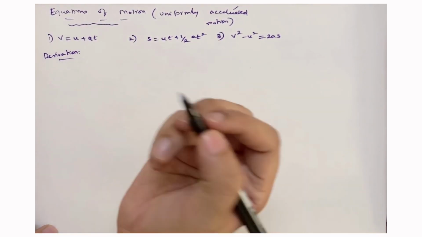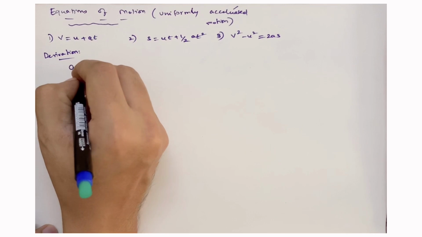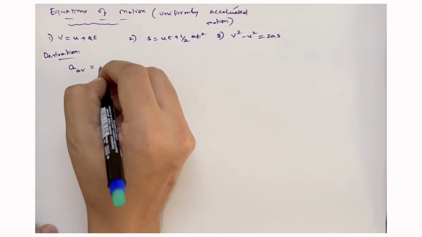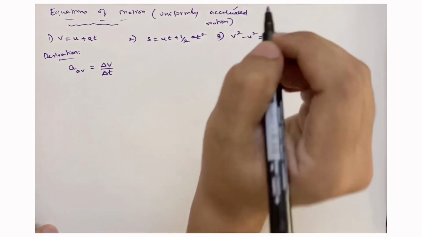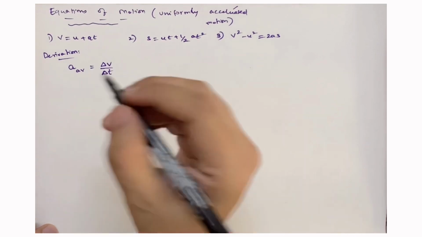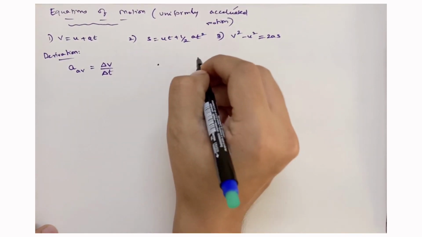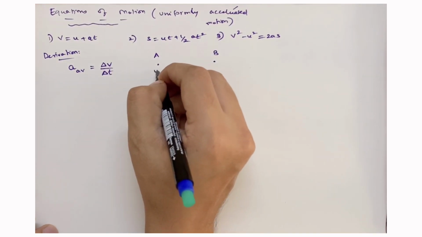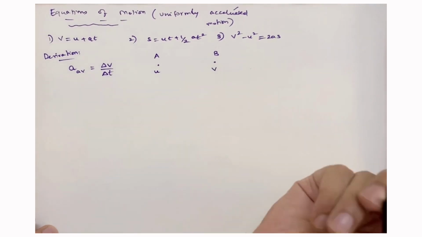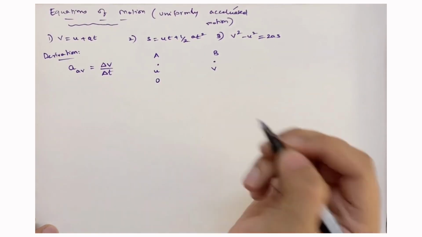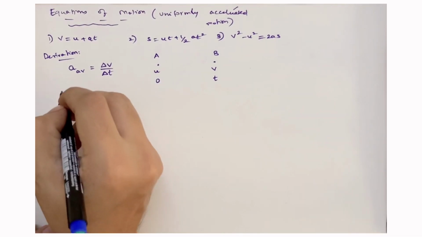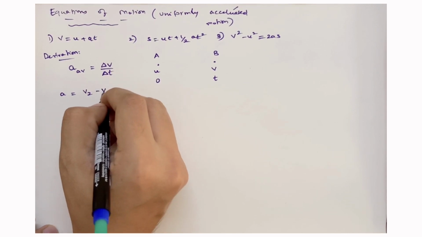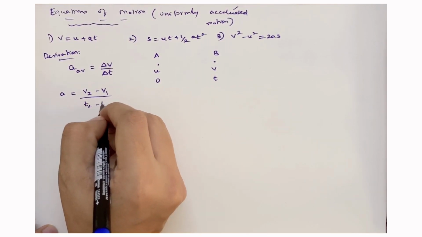So, if you observe v is equal to u plus at, let us go with the basic definition of acceleration. We know that the average acceleration of an object is given as the rate of change of velocity, right. So, wherever you see rate, it is with respect to time, change with respect to time. So, when an object is moving, let us say between the points A and B, initially if the object has a velocity u and finally if the object has a velocity v, this is happening at t is equal to 0, let us say this is happening at time t, then the average acceleration a can be defined as change in velocity, that is v2 minus v1, final minus initial divided by t2 minus t1.